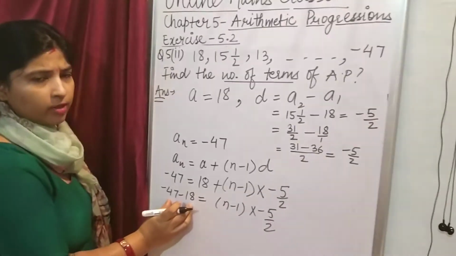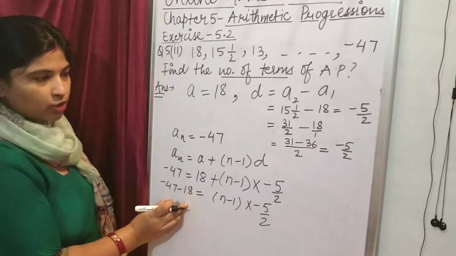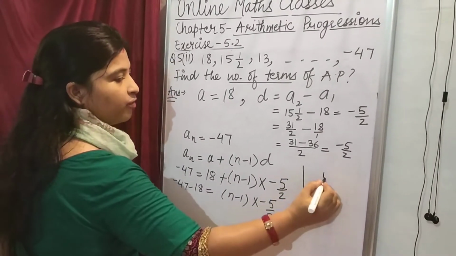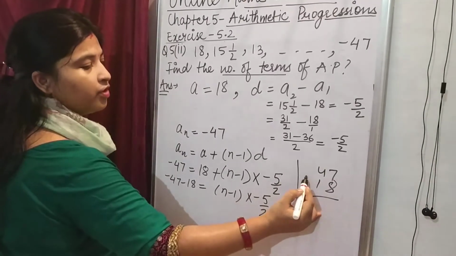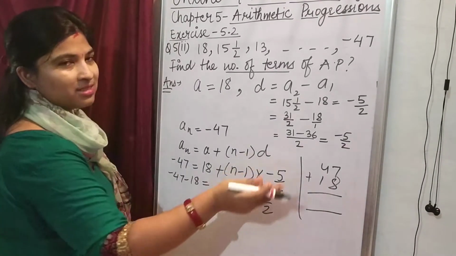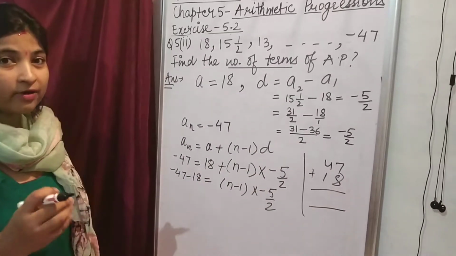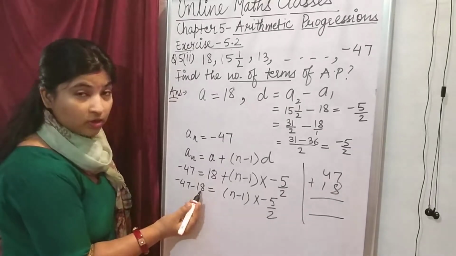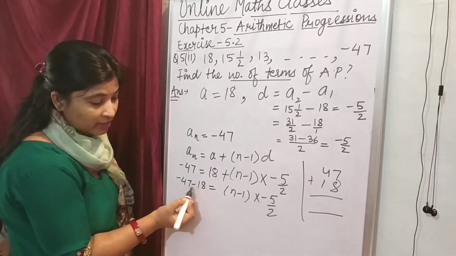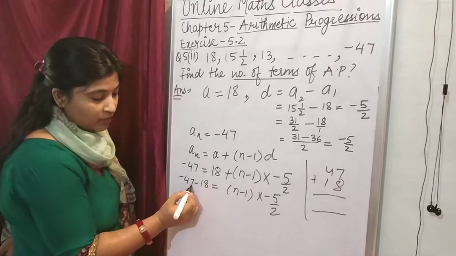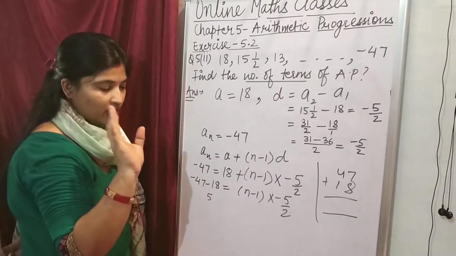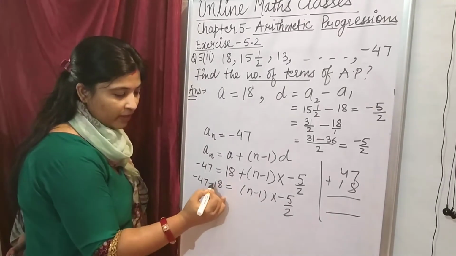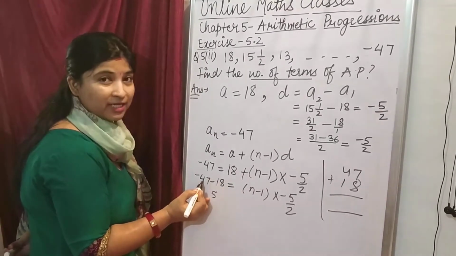Many students are not able to do this. Many students do the calculation in rough, like 47 and then 18. Beta, whenever you do the calculation in rough, it takes time. So what you have to do is try to find it on this only. Like how you can find the ones place: add them. 7 and 8, 7 plus 8 is 15. Carry 1, keep that one with yourself. 1 plus 1, 2. 2 plus 4, 6.